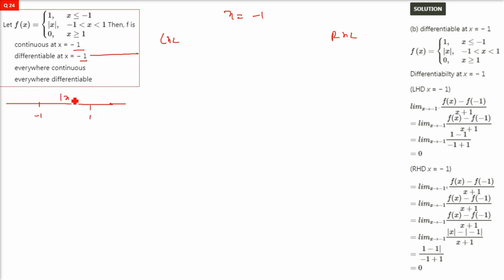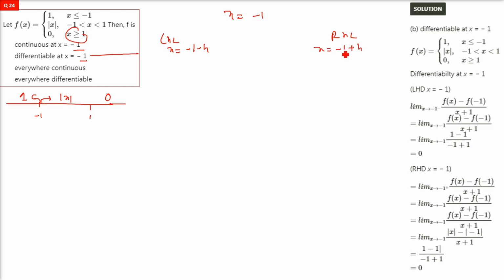And in between negative 1 and 1, we'll use modulus x. When you go to the left of negative 1, you'll use 1. And when you go on the right of 1, you are going to use 0. So at x equals minus 1, we are going to check. When you go on left, you will take a constant function which is 1. So if you are going to check at x equals minus 1, you have to put x as minus 1